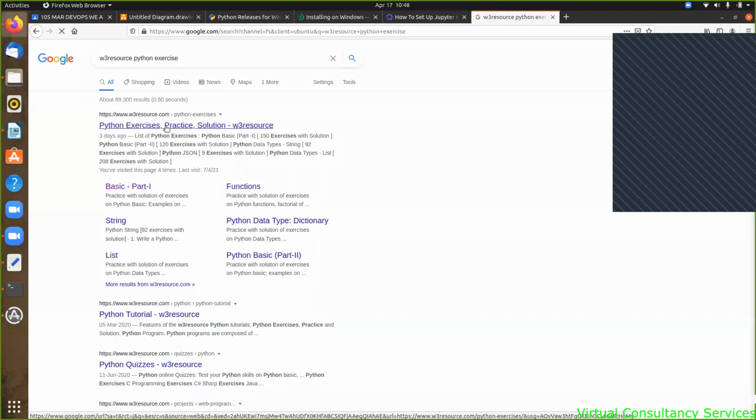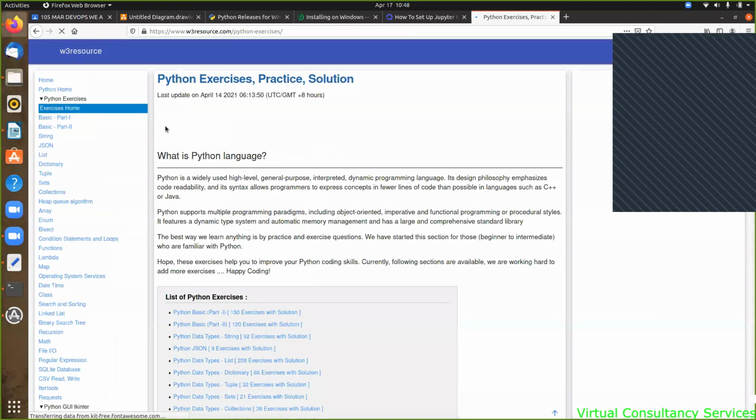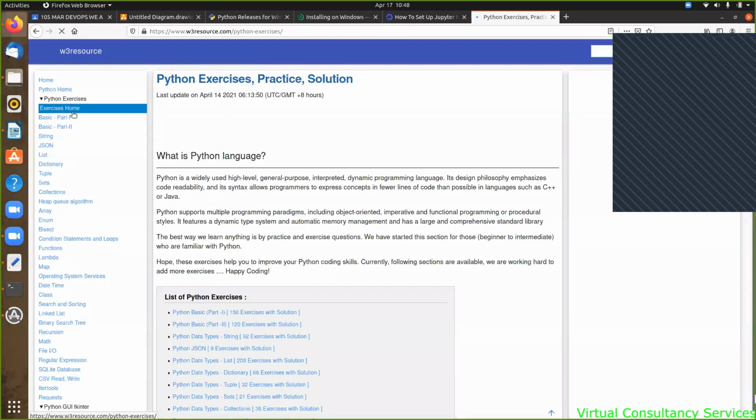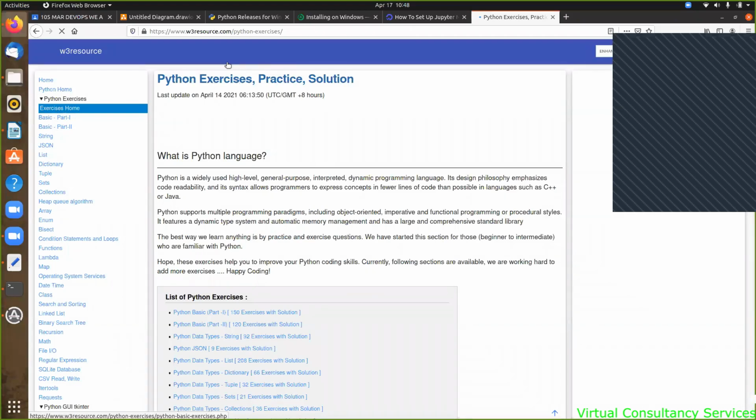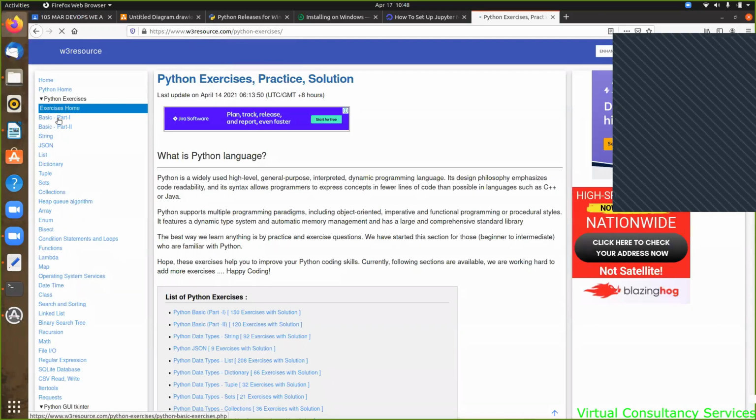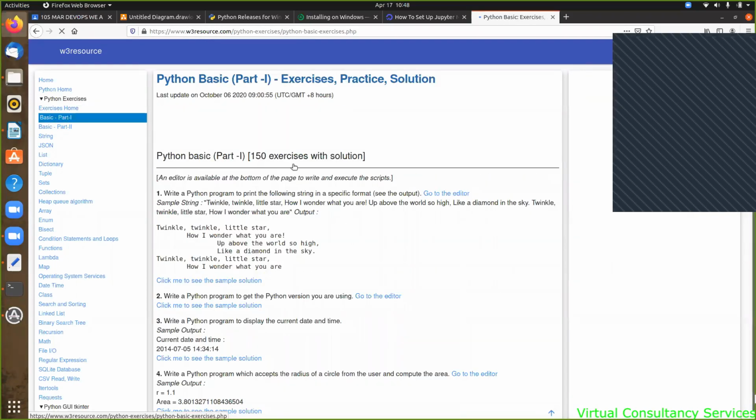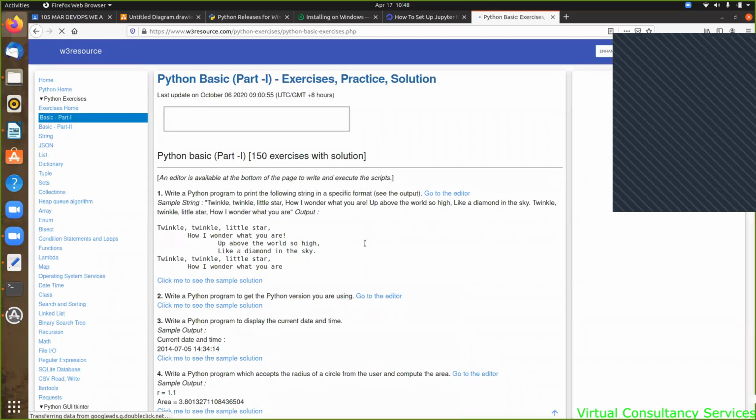Here if you go and start with basics, don't directly jump into string, list. तो basic जो part 1 है, ये इस पेज में आओगे W3 resource Python exercises में, तो basic part 1 पे जाना। तो यहाँ पे 150 क्वेश्चंस हैं विद सॉल्यूशन, बट डोंट डायरेक्टली गो टू द सॉल्यूशन,